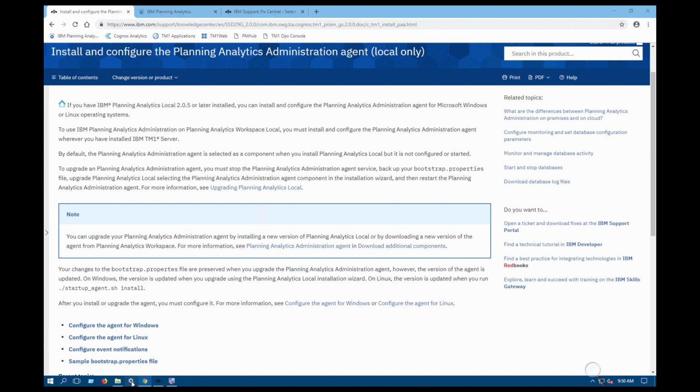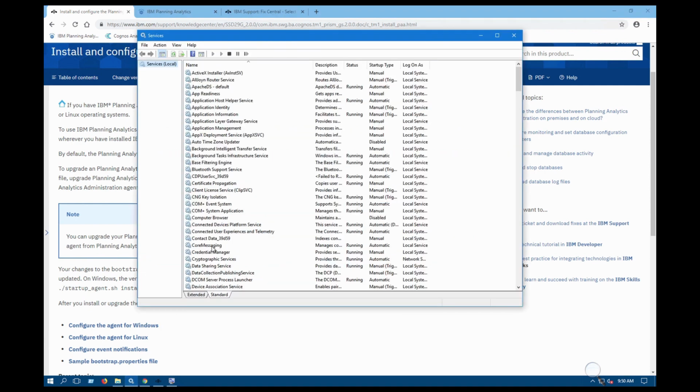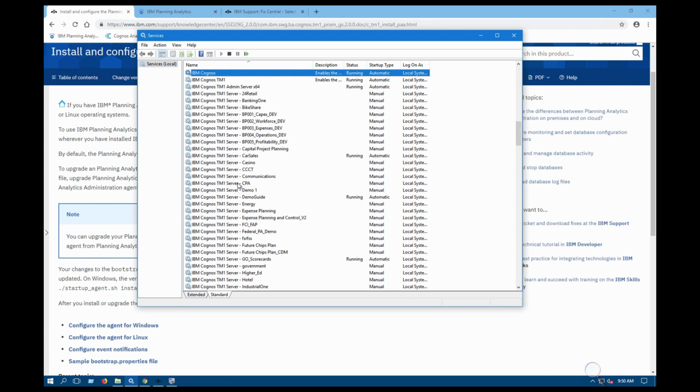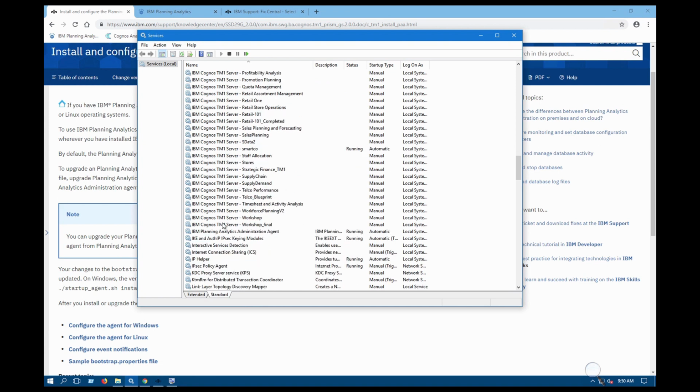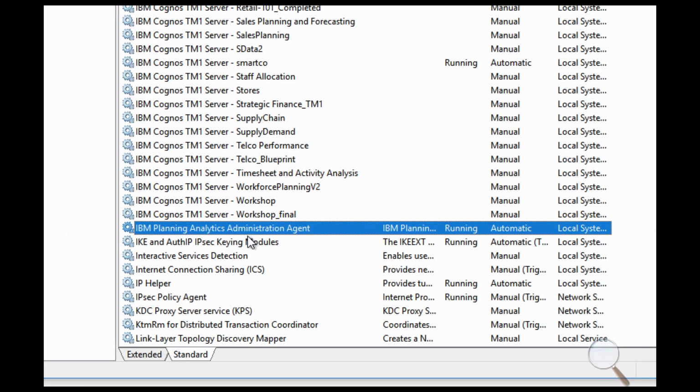If you have installed Planning Analytics 2.0.5 and up, these are the TM1 server versions, you can find it under your IBM installation. As you notice, I have quite a few TM1 servers running in here. But the service that you're looking for is this one, IBM Planning Analytics Administration Agent. Let me zoom in a little bit so you can see better. This is the agent that we run in order to be able to